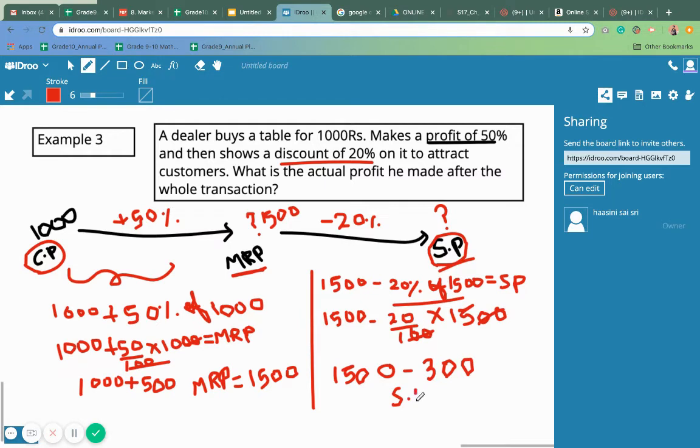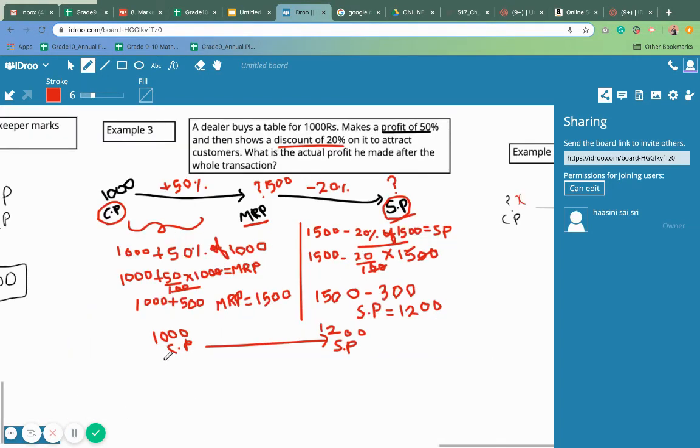So if they directly asked me for the selling price in this question, I would have stopped here. But they asked me what is the total profit he made in the transaction. The total profit will depend on the cost price he bought it for and the selling price he sold it for. So I'm looking at another flow chart. Clearly, if I look at this particular flow chart, I can see that from his cost price to selling price, the price actually increased. It means he is making a profit.